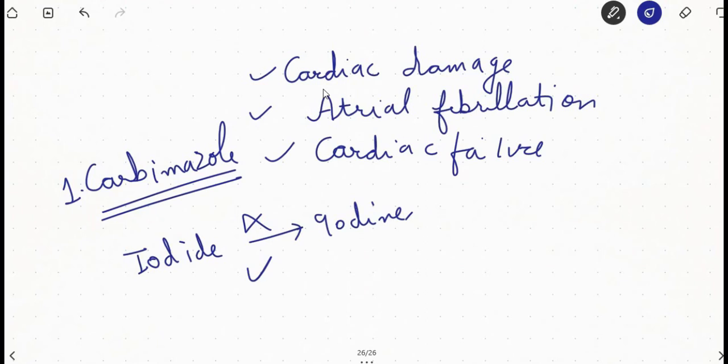The whole nodule takes up isotope, whereas the rest of the gland does not. The treatment is either by hemithyroidectomy or radioactive iodine therapy. So what is the contraindication of radioiodine therapy? Absolute contraindication is